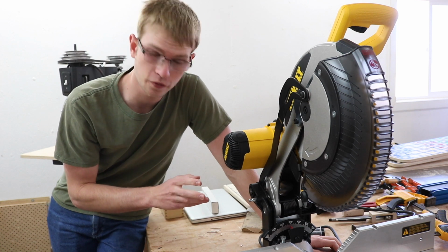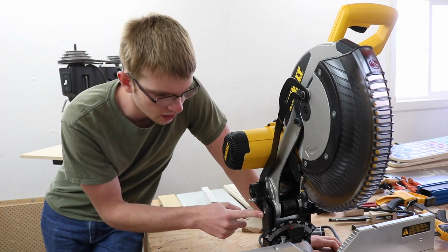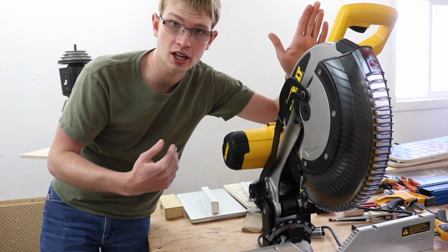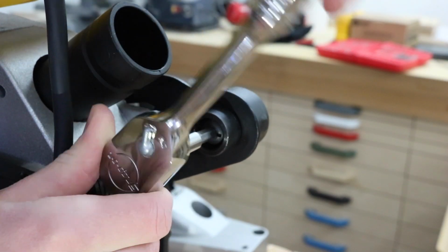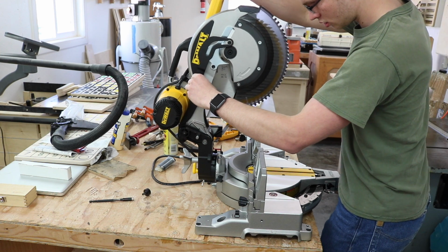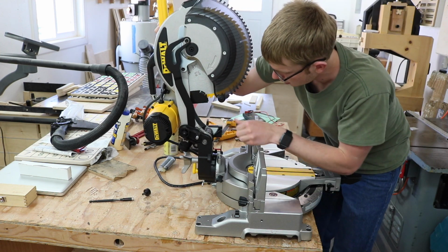My strategy for fixing this is to simply take this pin out and put in a bigger pin. I hope. It looks like I should be able to remove the stop, the upper limit that stops it here, so that it can just flop all the way over backwards, and that should unwind the spring. With the stop removed, you should be able to just let this... The spring is loose now, so...